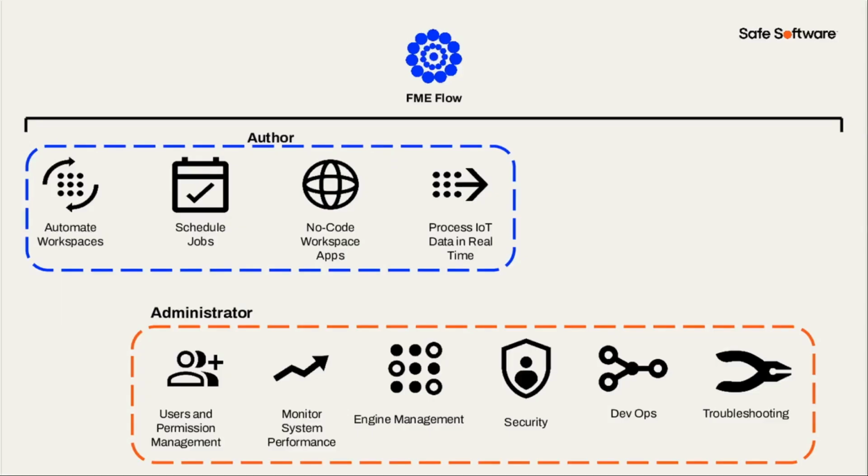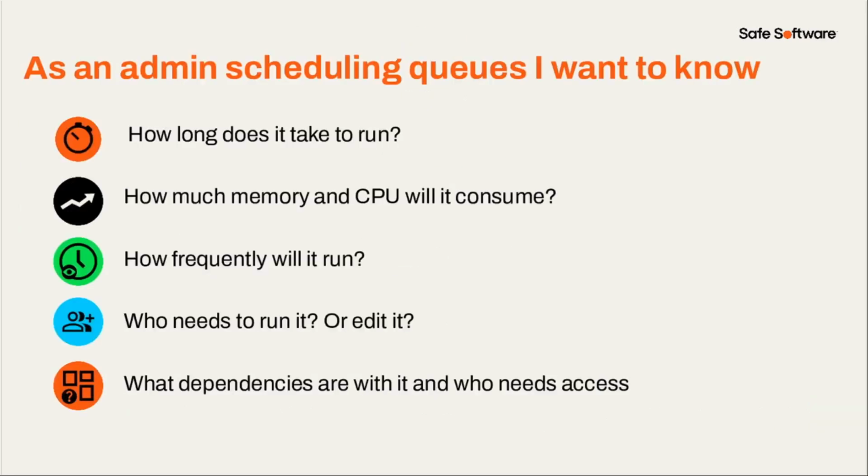So we talked a bit about this already in terms of what the author does and what the administrator does. In order for the administrator to schedule the engines, make sure that there's enough processing room there for the next job or next workflow, we need a few things from the author. So we need to know how long the job takes to run. We need to know this memory and CPU, how much will it consume. This is in the job log,